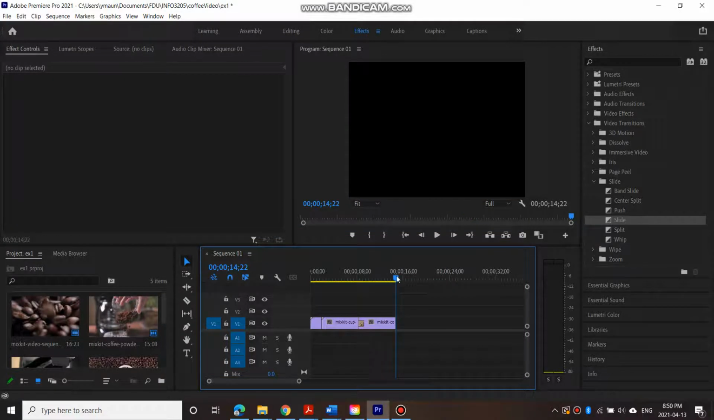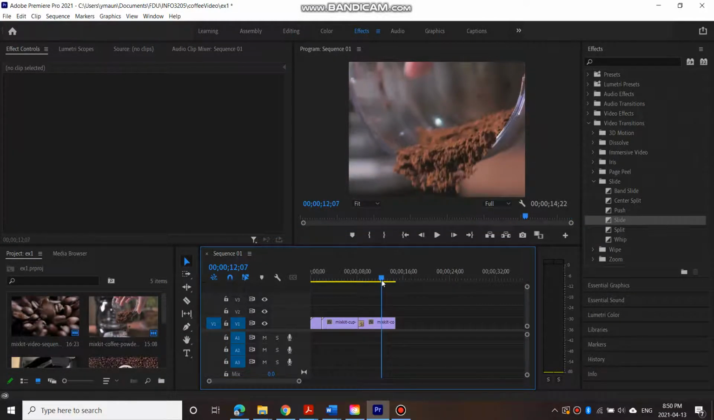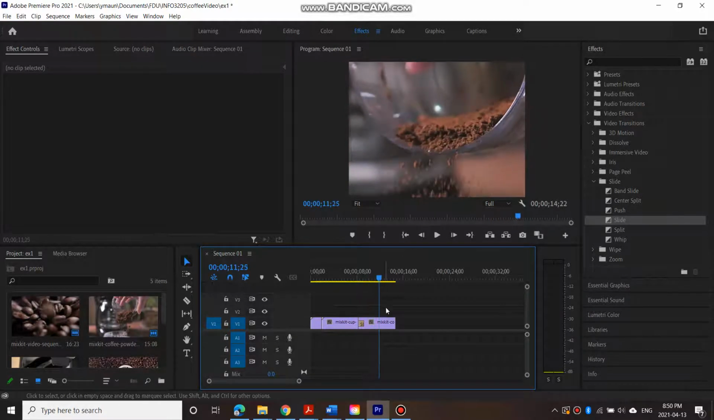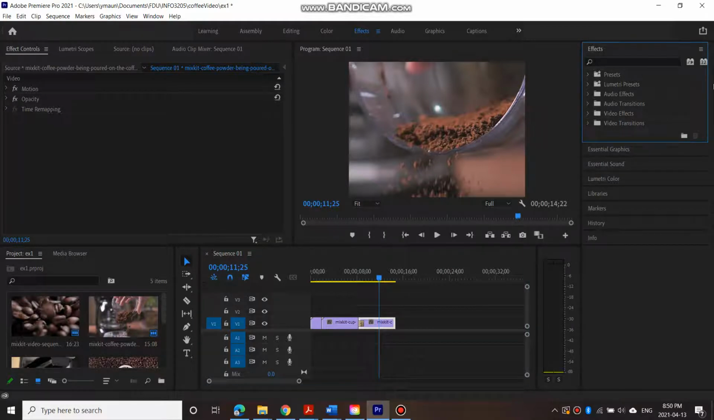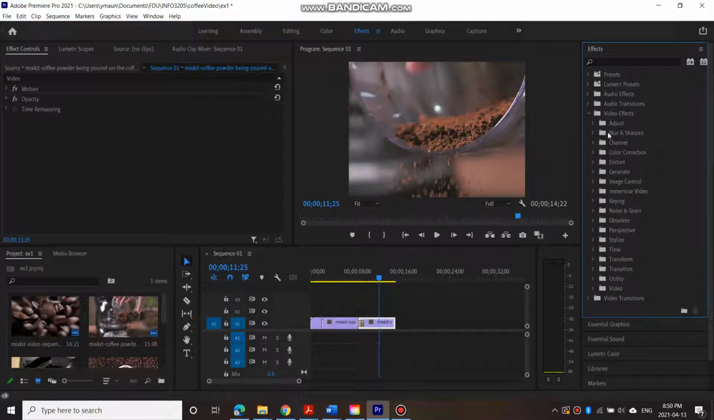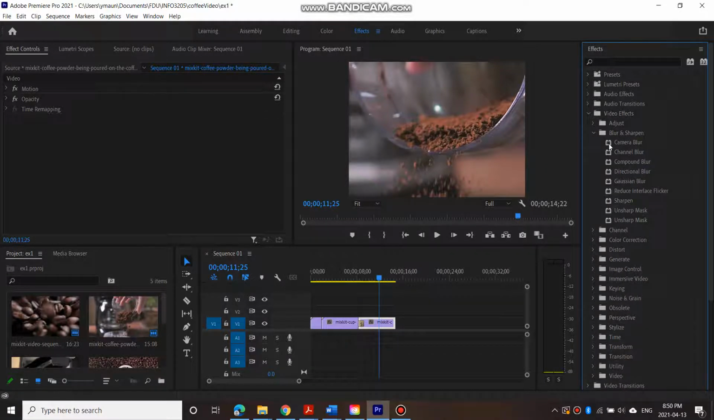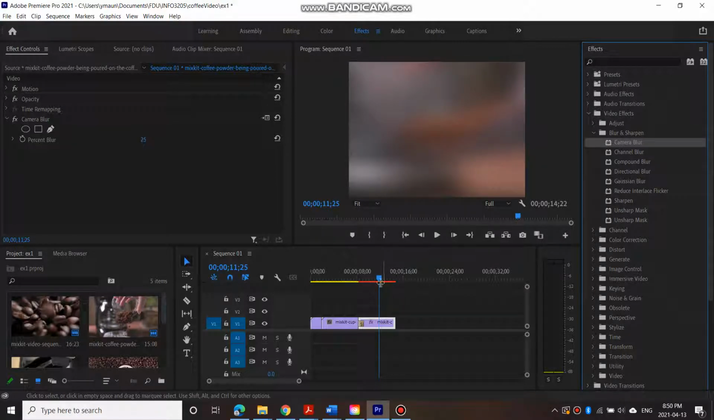Another thing I like to do is blur this, but only at the end. So I'm going to click on this, and then collapse or hide all those, and go to video effects, and look for a blur. Again, there are many different effects that you can play with. I highly encourage you to go and play with each one of them and see what effects are available to you. For me, I'm just going to use the camera blur, and I'm going to drag it onto this coffee powder